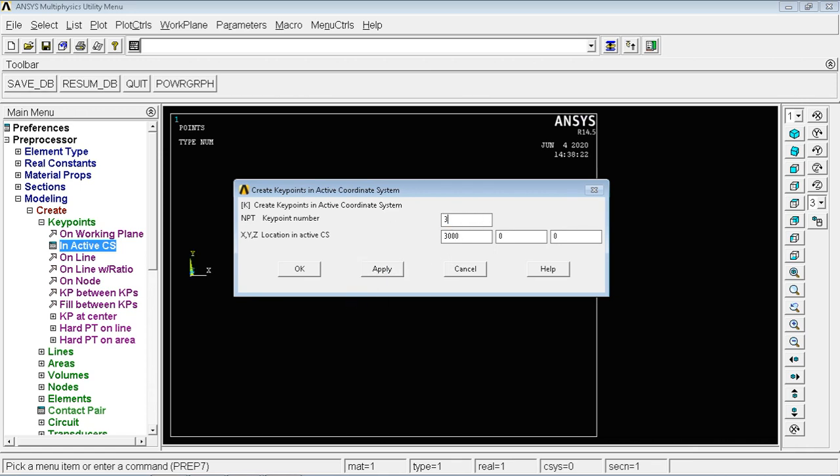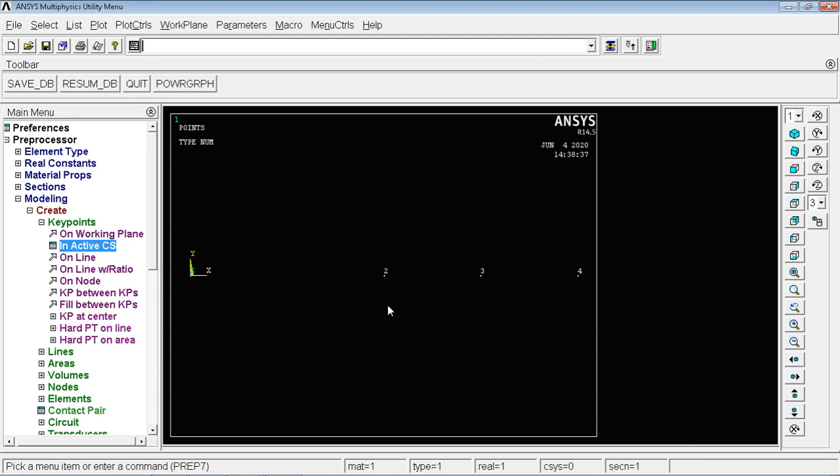Next, the third key point is at a distance of 4500, apply. Next, the fourth key point is at a distance of 6000, okay. I have created the key points.